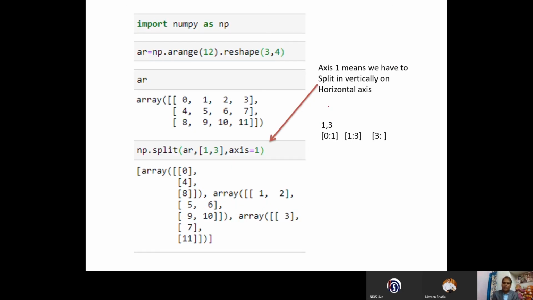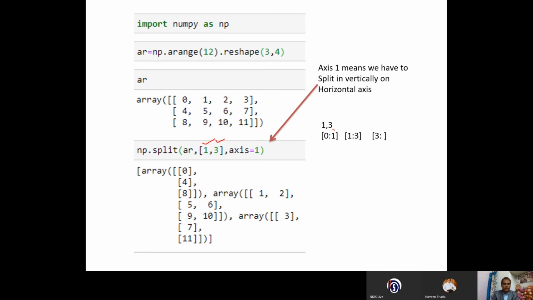So there may be a question in the exam. Some question of this type you will get in the exam. Some array they will give you and they will ask you to split the array 1, 3, and axis 1 they have given. So how will it be split? It will come first. Okay, 1, 3 starting position and end position.